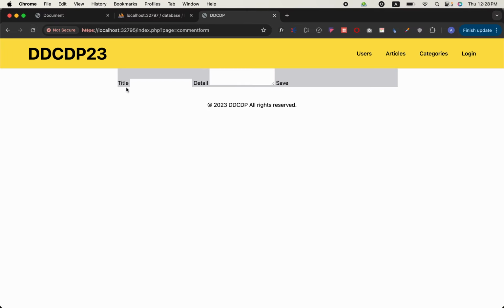If you refresh the page, this is the title and this is the form. Please ignore the CSS styling for this, because the main concern of this course is PHP and not the front end. We already have done the front end, so you can go to that part of this course in DDCDP. So the next step is we need to submit this to this table,